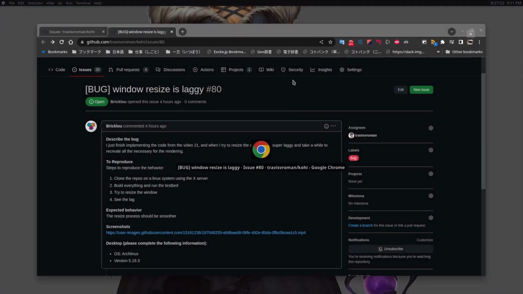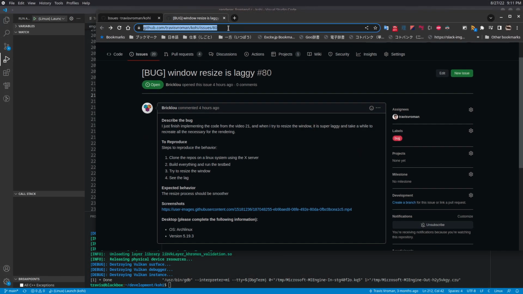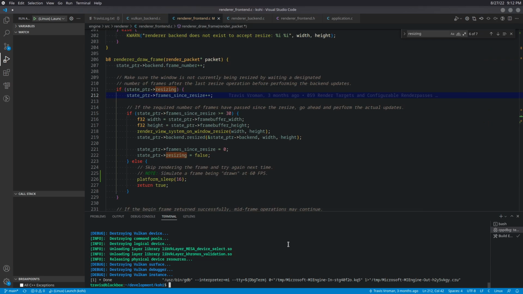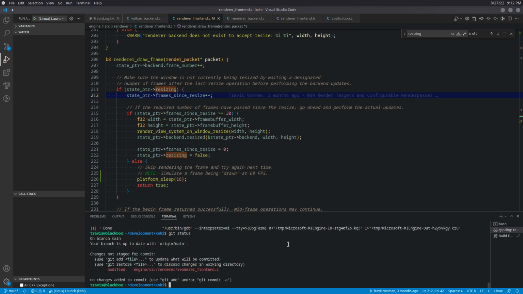And what I'm going to do, for the sake of the video here and tracking this, is I'm actually going to show you guys how I would generally put in these fixes. So usually for something like this, the correct thing to do would be to create a branch. So I'm going to go ahead and check my current branch by doing git status. And we see here that this is the only file that we've modified and that we are on the main